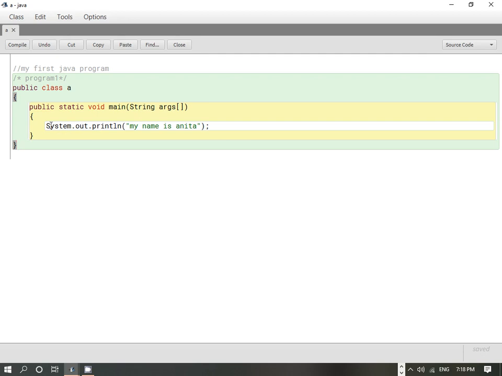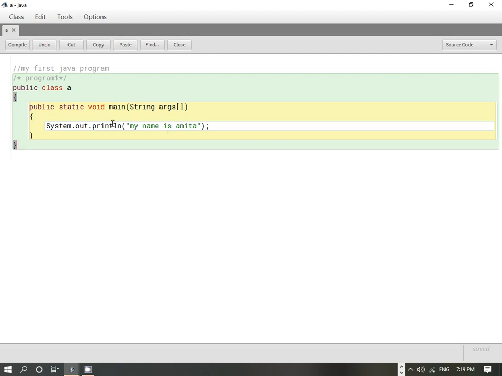Let me repeat: System is a class, out is an object, and println is a method, and this method is used to print. Whatever you put inside this bracket will be printed on the screen, and this ln is for next line.